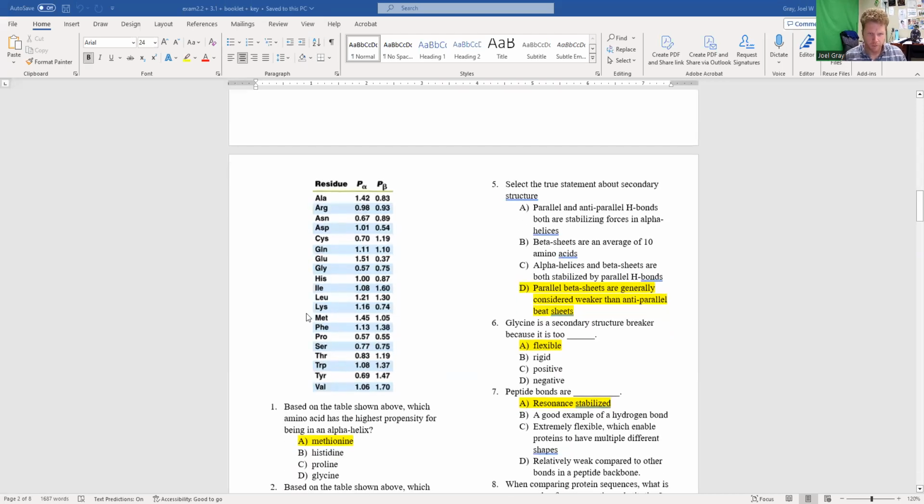Hey everybody, I wanted to go through this exam. This exam covers 2.2 and 3.1. So based on the table shown above, which of the amino acids has the highest propensity for